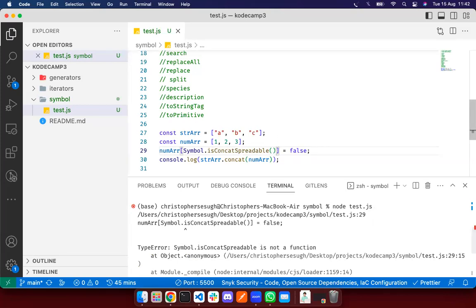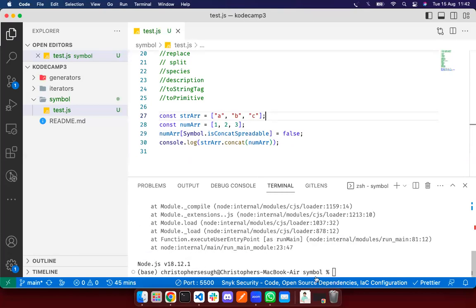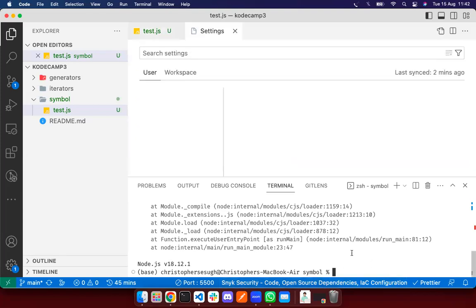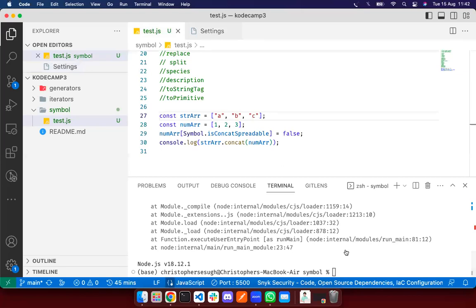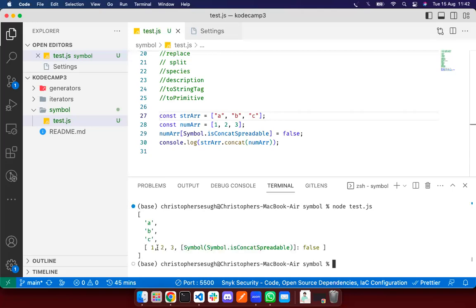This is a property. It's not callable. But then why is it still including 1, 2, 3? We are getting our required results, but at the same time,